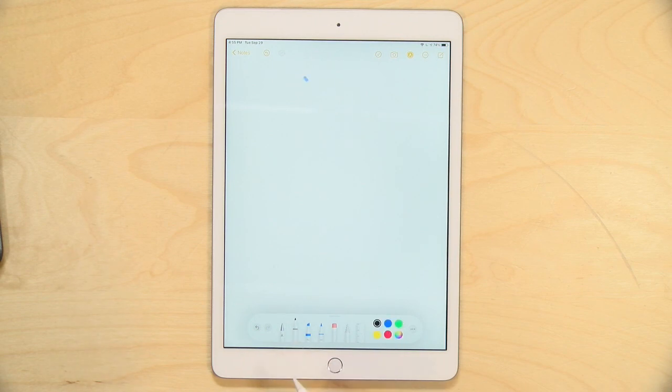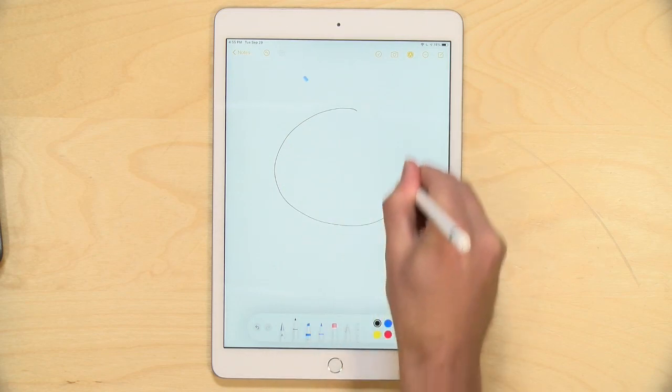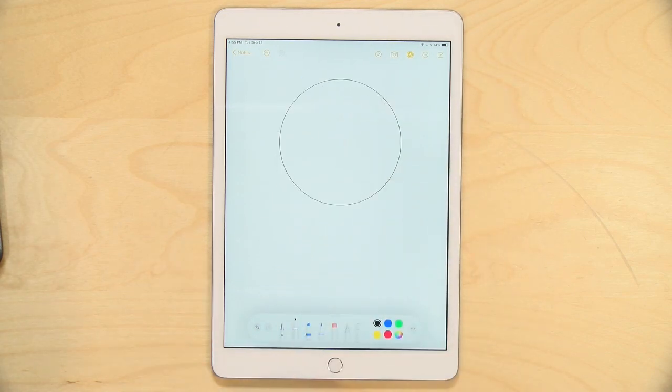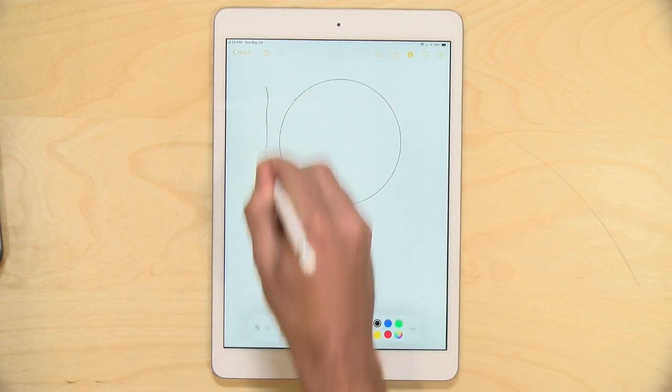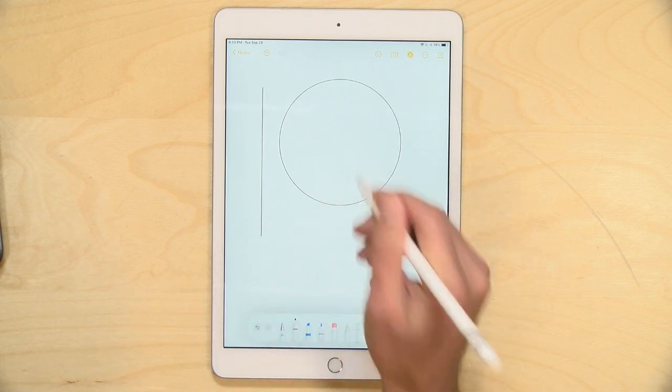It also can do shape detection here in Notes. So if I select the pen icon and draw a circle and hold it right here, it'll make me a perfect circle. So if you have a problem drawing straight lines and straight squares and stuff, you can just have the Scribble feature do that for you. Additionally, when you're in a web browser or another...